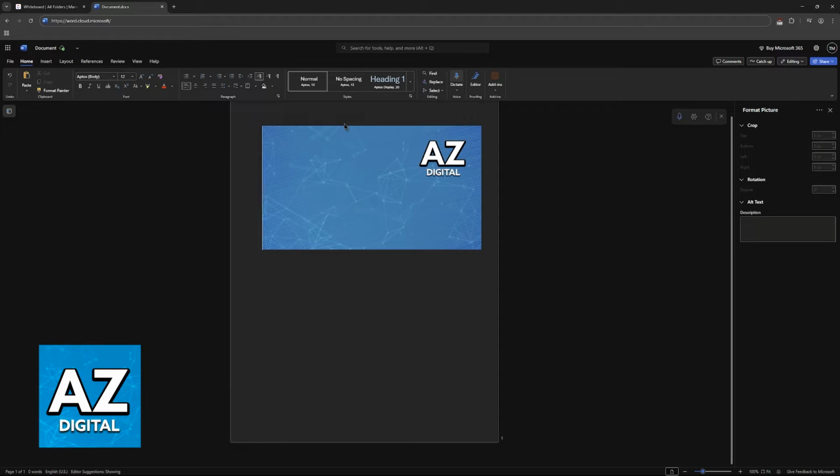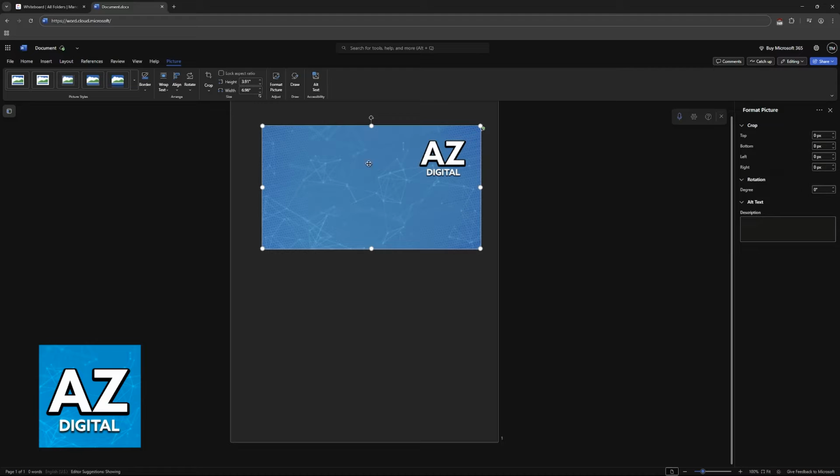When you load a picture into Microsoft Word, either if you are using it online, like I'm demonstrating in this video, or if you have the app downloaded on your PC, you will be able to click on the picture and a new tab will appear, where you can manage various different options about it. And if you look here, you will find the relevant options for this video. You will have the crop function and then the ability to change the height and the width.